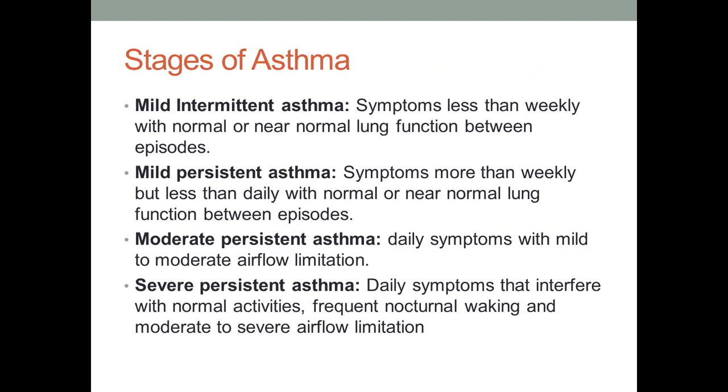Now we will discuss the stages of asthma. One is mild intermittent asthma. In this type of asthma, symptoms will be less than weekly with normal or near normal lung function between episodes. Means that the patient will be normal between episodes, no lung function decline, and the symptoms will be less than once per week, meaning just one time symptoms will occur in the patient